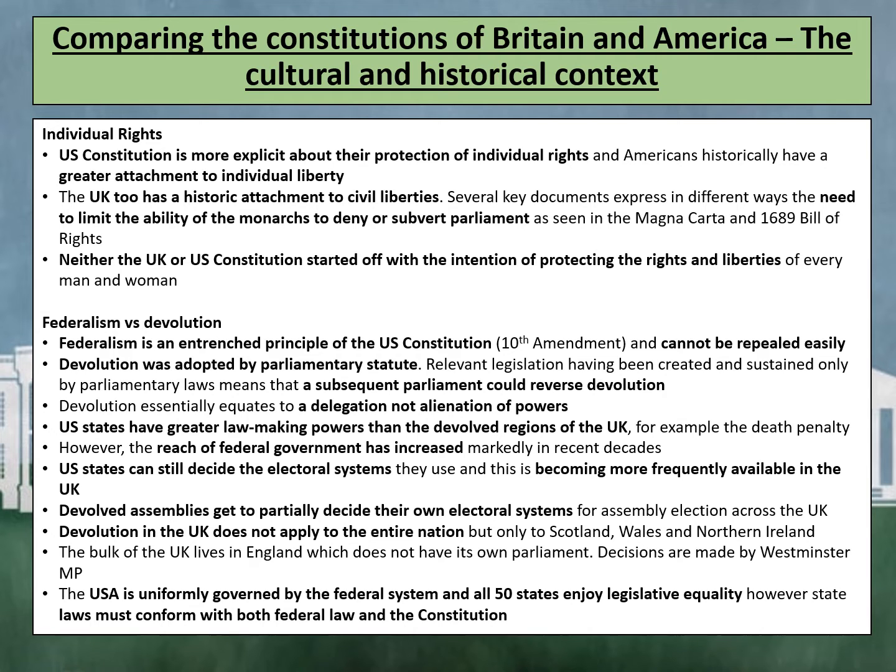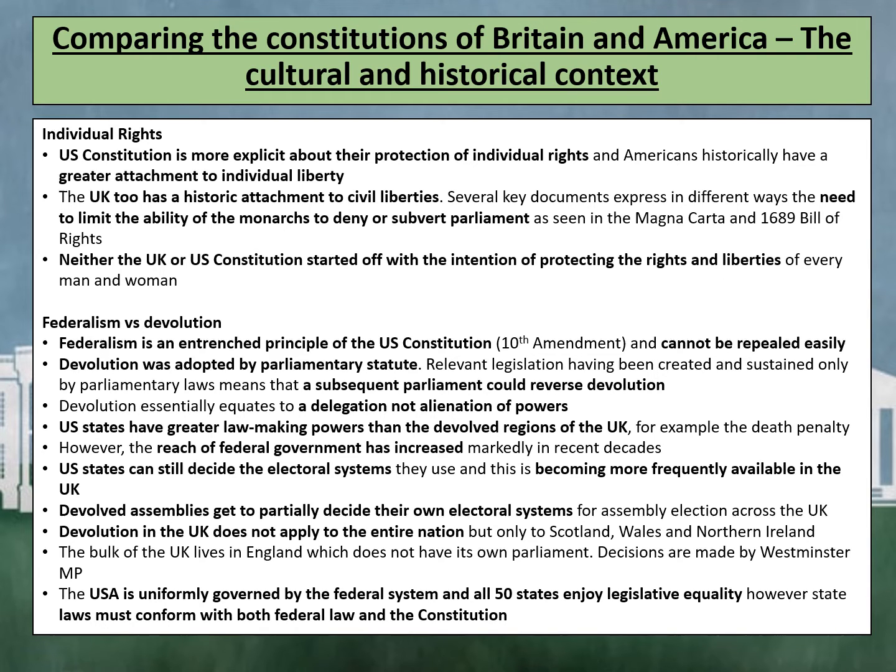Continuing this thought further, we can look at the individual rights and how these are shared with cultural and historical context. The US Constitution is more explicit about their protection of individual rights, and Americans historically have a greater attachment to individual liberty. The UK too has a historic attachment to civil liberties. Several key documents express in different ways the need to limit the ability of the monarch to deny or subvert Parliament, as seen in the Magna Carta and the 1689 Bill of Rights. Neither the UK nor US Constitution started off with the intention of protecting the rights and liberties of every man